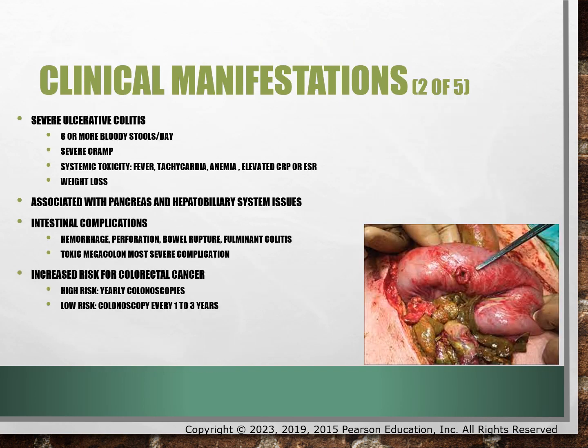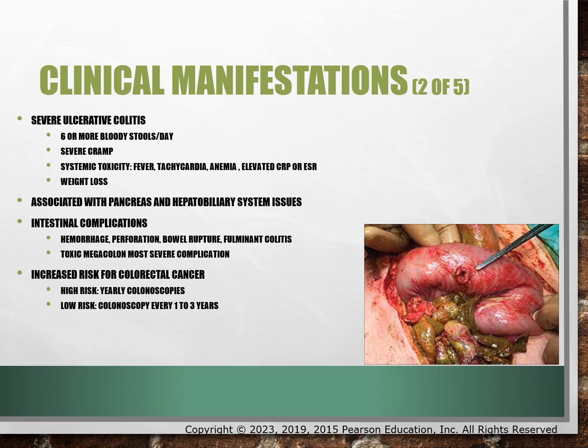Severe. Patients with a severe clinical disease typically have frequent loose bloody stools, 6 or more per day, with severe cramps and evidence of systemic toxicity as demonstrated by a fever, temperature greater than 37.8 degrees Celsius, tachycardia, heart rate greater than 90 beats per minute, anemia, hemoglobin less than 10, and/or an elevated CRP or ESR. And ESR is your